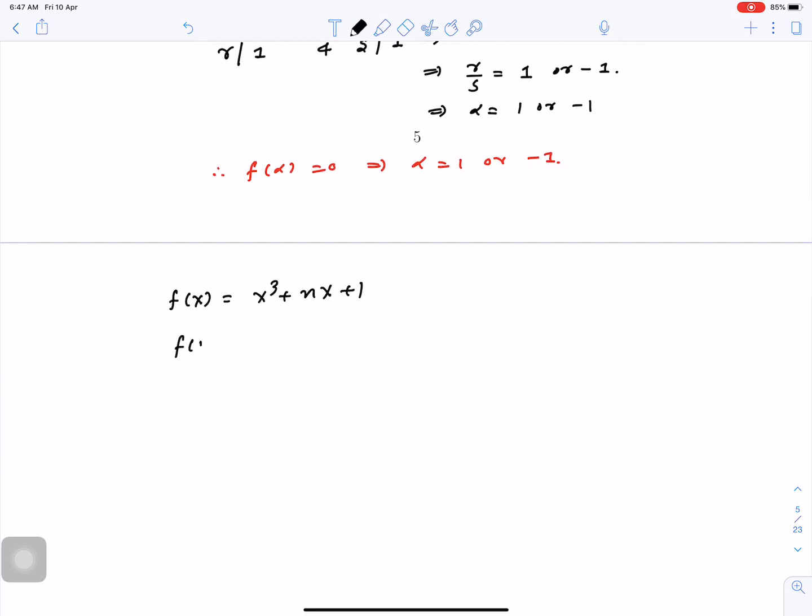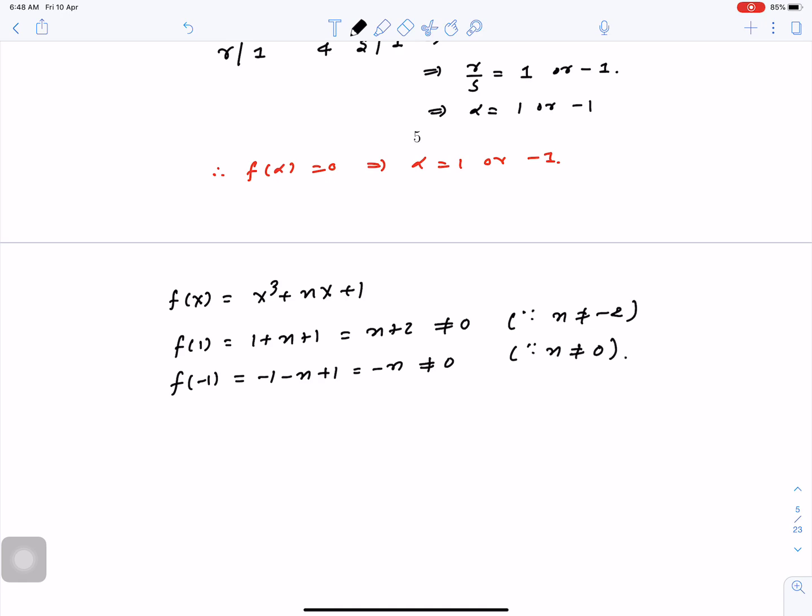So f of 1 will be 1 plus n plus 1, that is n plus 2, which is not equal to 0 because n is not equal to minus 2. And f of minus 1 will be minus 1 minus n plus 1. So this is equal to minus n, which is not equal to 0 because n is not equal to 0, because we have considered n other than 0 and minus 2. So therefore